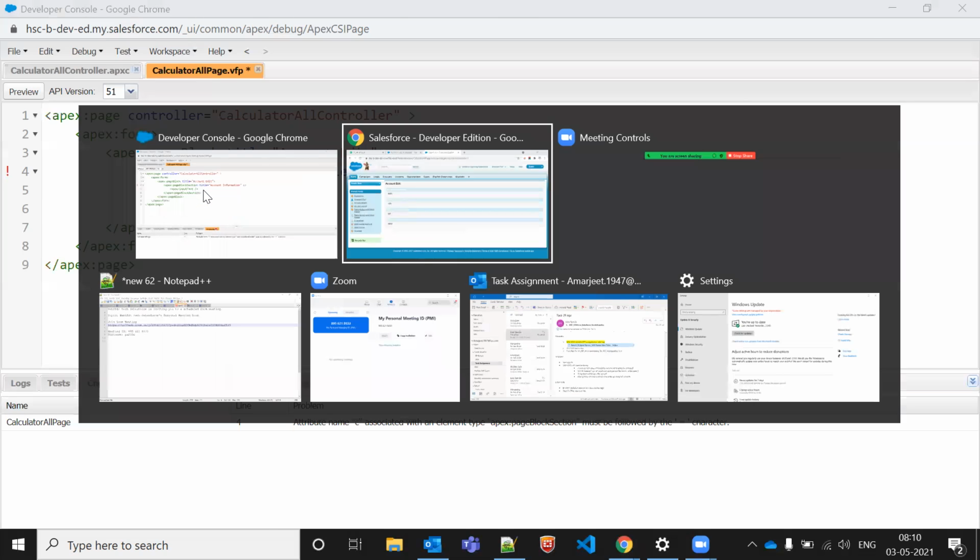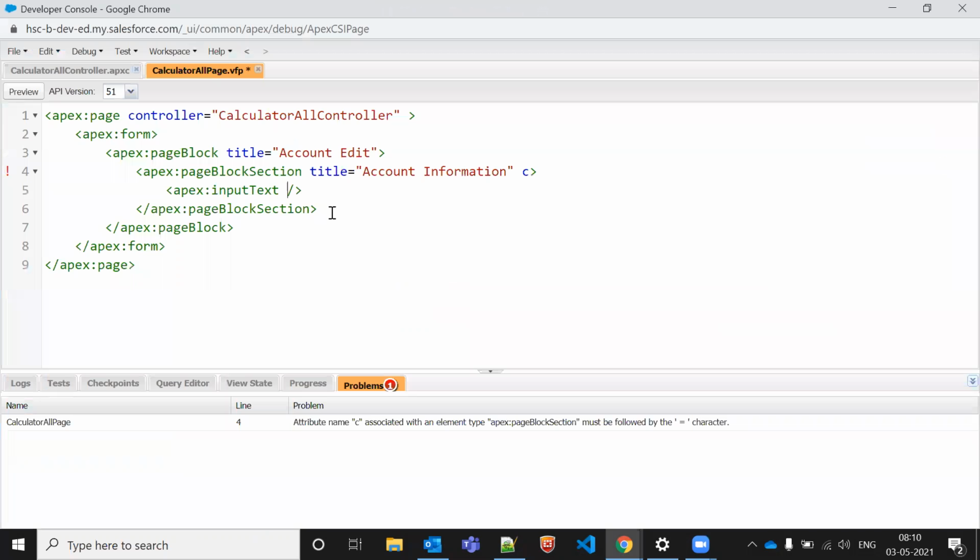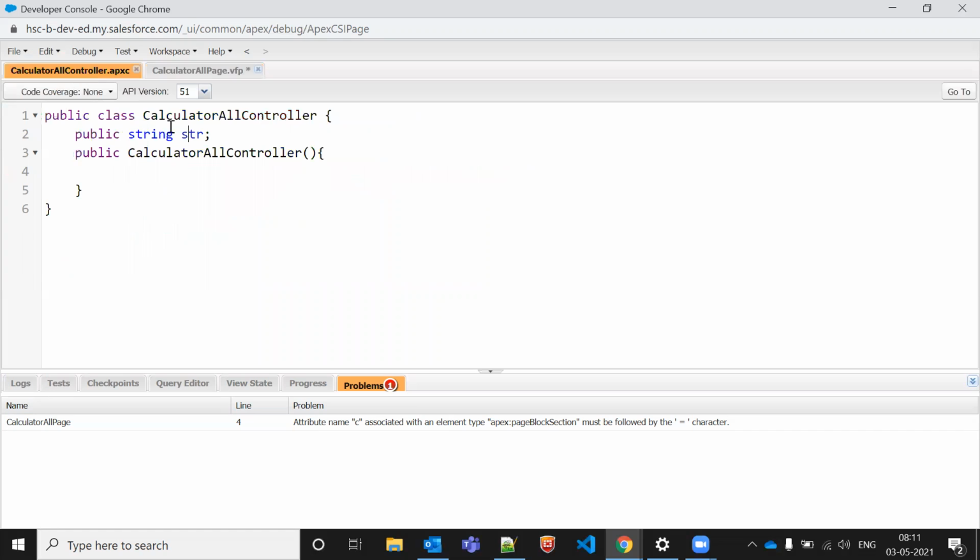How input? As you know, we have these kinds of inputs. All are inputs, not output, right? This is output because we can only read, we cannot edit anything. This is an output form, and all of these are input forms. So we are just going to make it an input form. Input form means input text, and here I want to pass the values. What value will we pass here? We'll pass the variable.